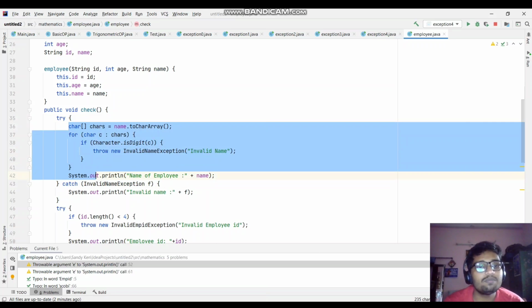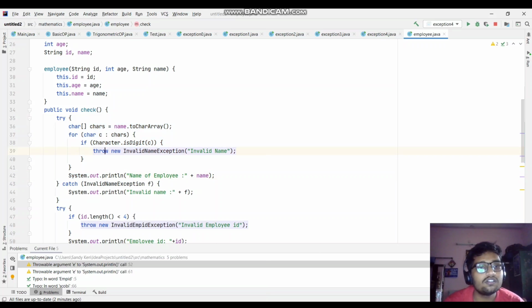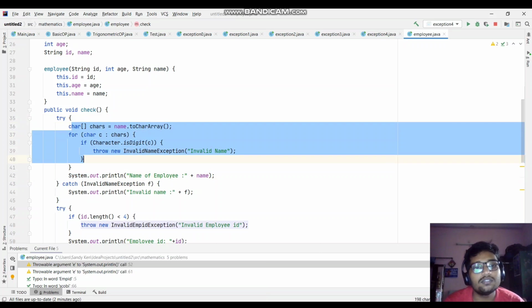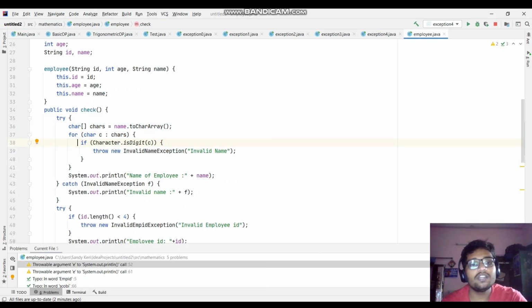This one we have put under the try block. If it doesn't raise any exception, I mean if this if condition is never true, then we are printing the name of the employee. So if the name is correct, we print it, and if the exception is raised, we are handling it by using this catch block. Under the catch block we have passed the exception object, and we are printing invalid name and the exception. And after that we have another try block